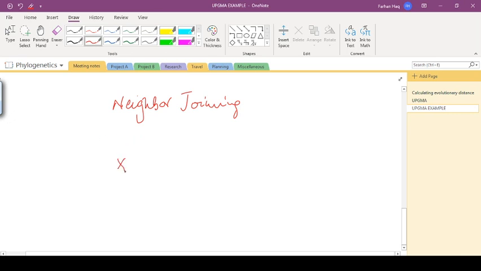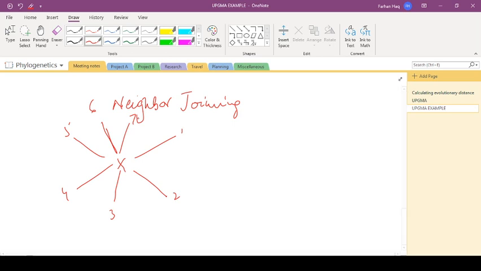For example, this is one internal node, I'll explain with 1, 2, 3, 4, up to 7. It first makes a star-like structure of all the sequences and considers they are equally related, and then based on the distance, just like we discussed in UPGMA, it generates another